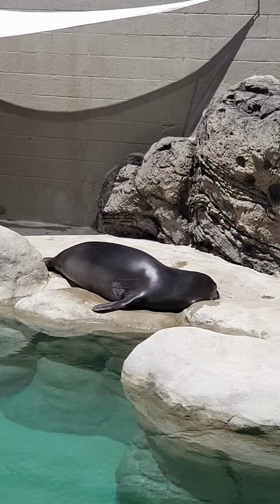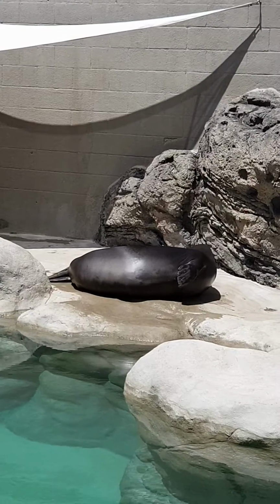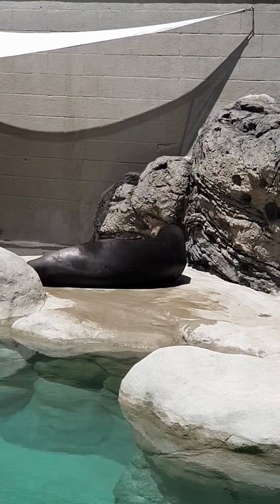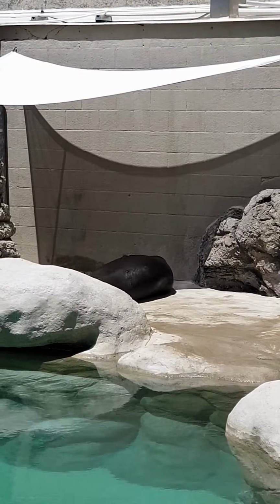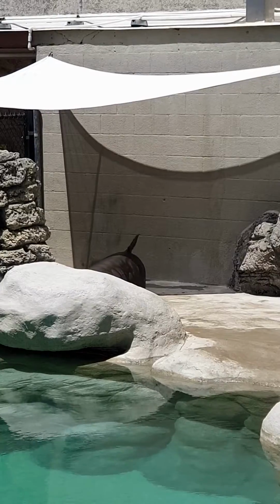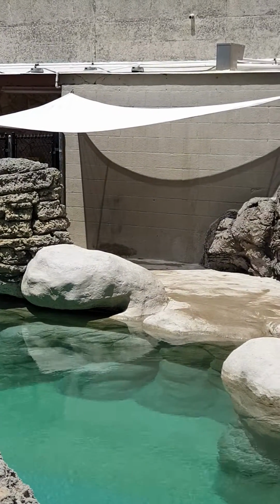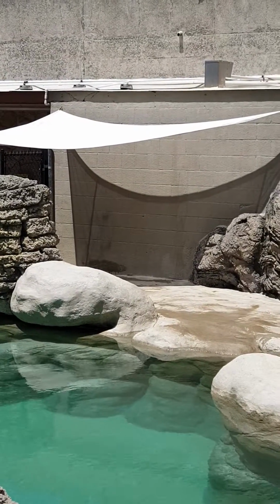So by throwing out food with our scatter feeding technique, just varying up our feeding technique, Ho is able to practice natural foraging and diving behavior. Now he's rolled off to the side for now, but Ho plays a very important role here at the Waikiki Aquarium as an animal ambassador. What that means is, as we work with him, as we learn more about Hawaiian monk seals, we hope to apply all of his knowledge to the wild population. Because unfortunately,